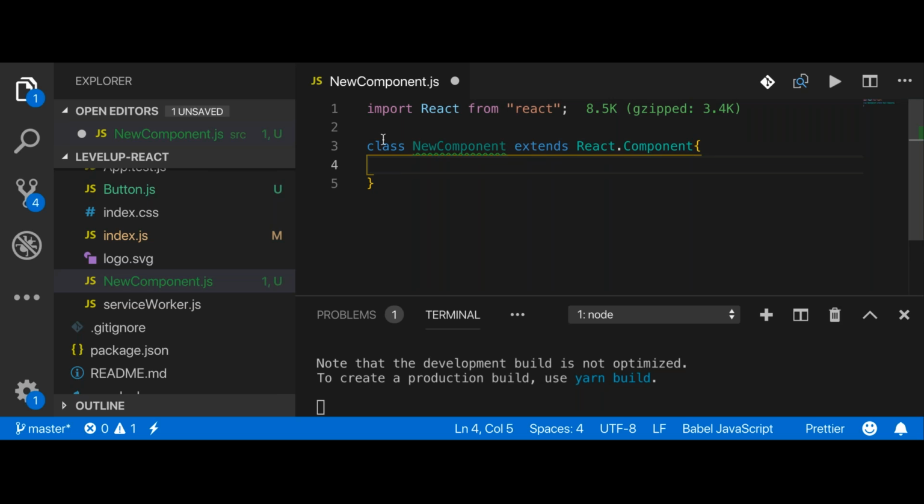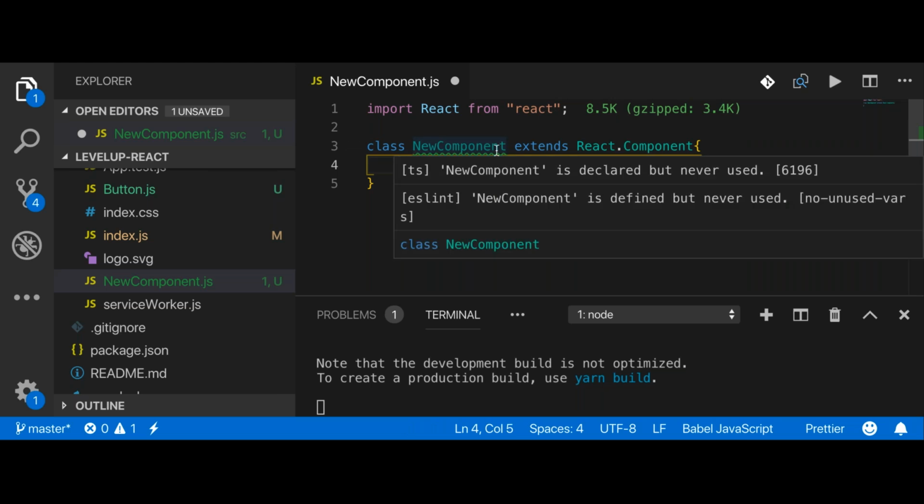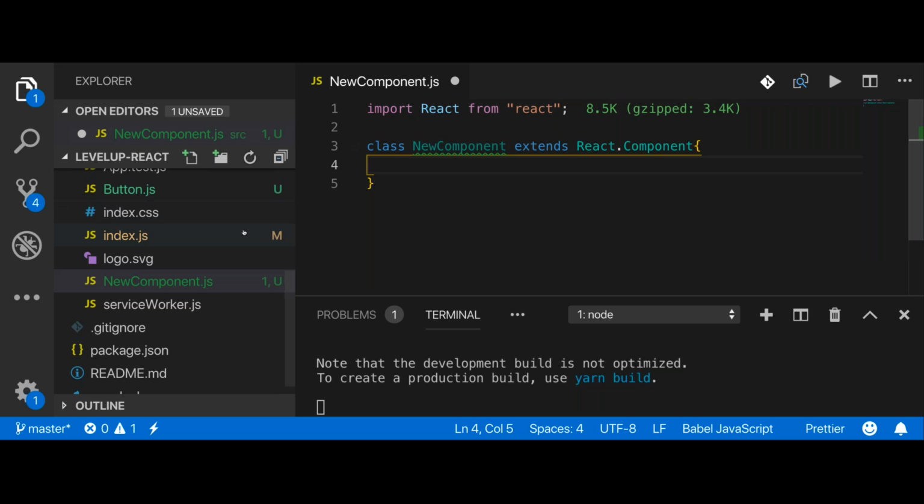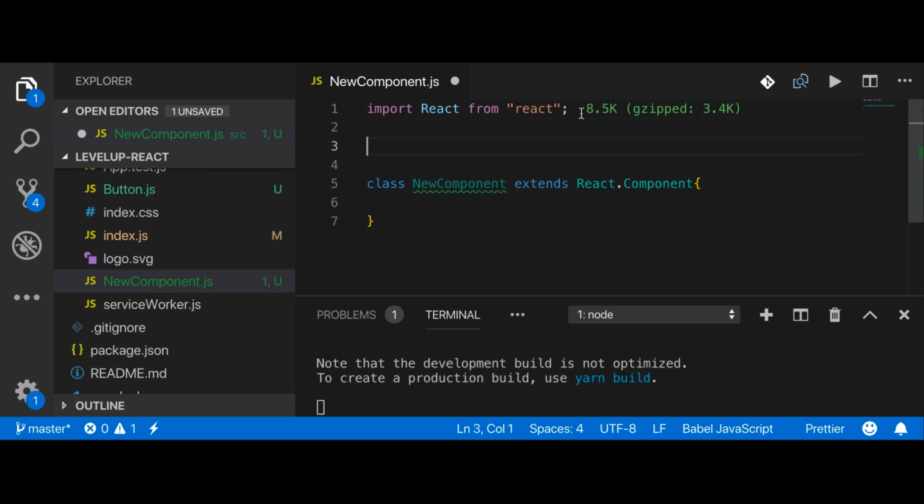So what this line of code is saying is I want a class called new component. I want that new component to have the behavior of a React component. So inside this new class, you have a render method. The method is just a function. So basically functions are